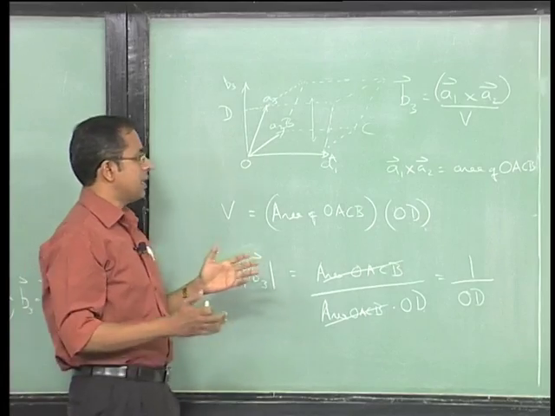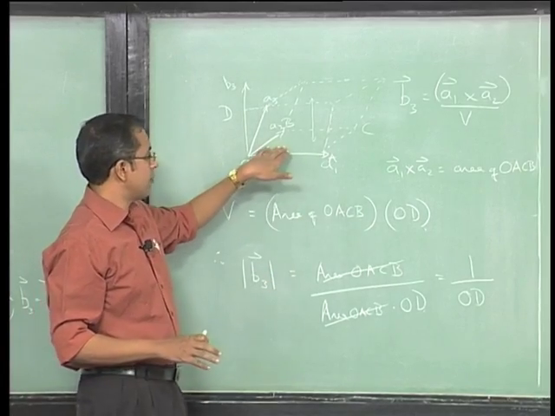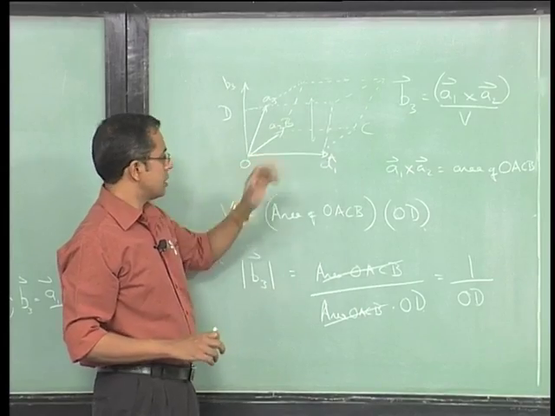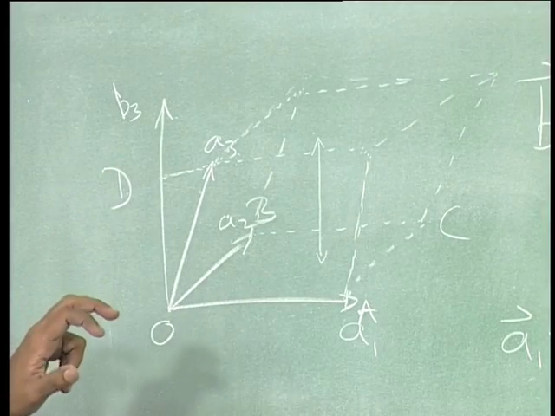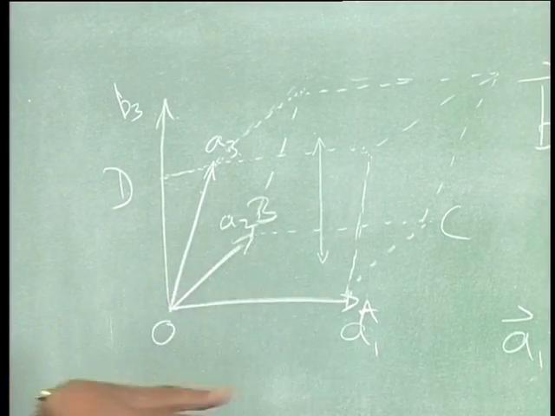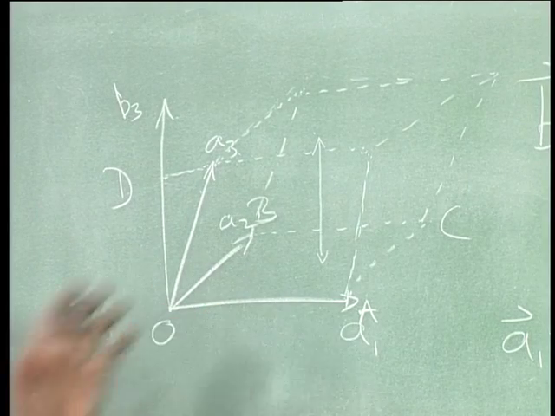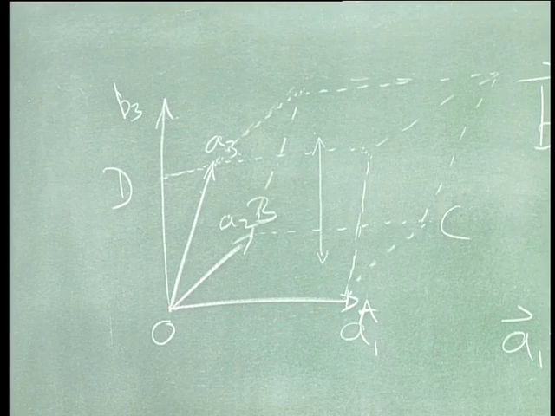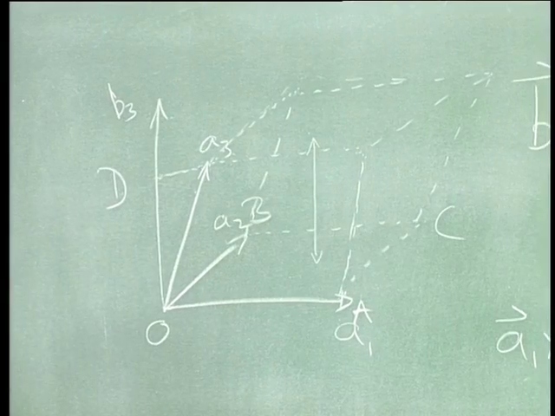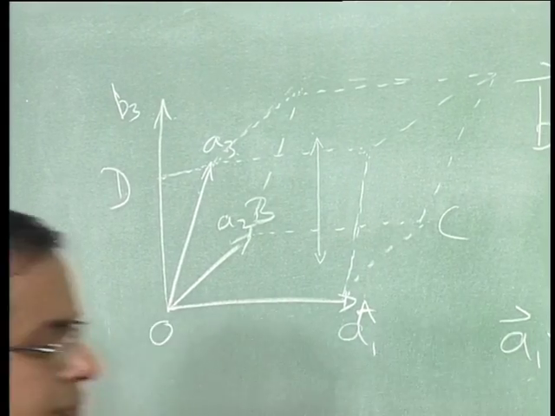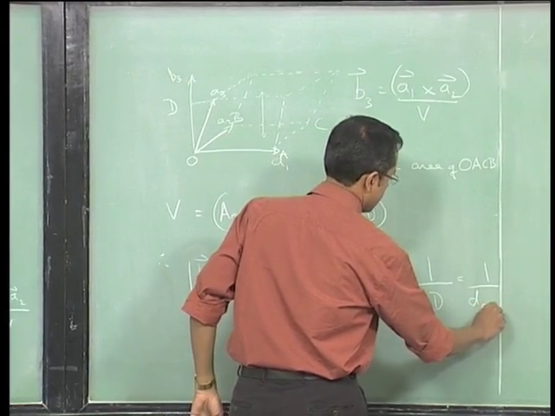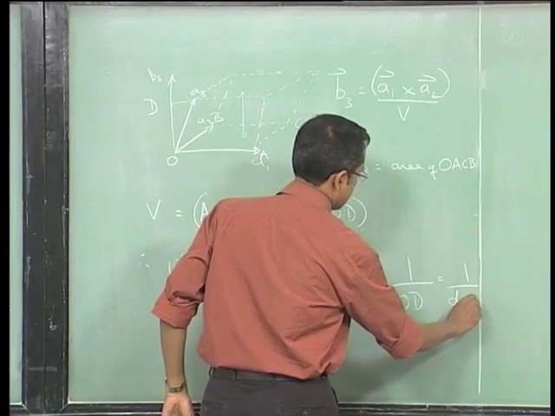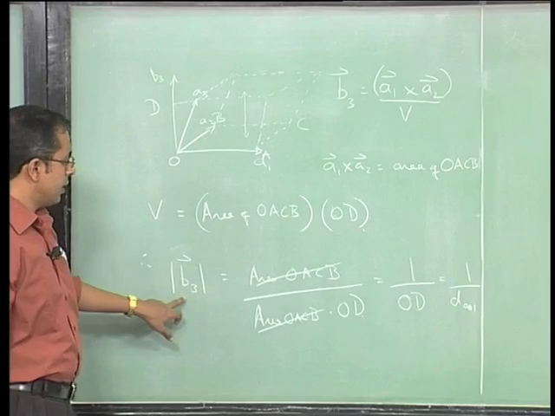If you go back to your elementary crystallography, the 1 0 0 planes are defined this way, and then the 0 0 1 planes, D001, this is perpendicular to the A3 axis, okay. So D001, if you want to call it 0 0 1, it is the spacing between 0 0 1 planes. So spacing between 0 0 1 planes is what we have now looked at. So OD is the spacing between 0 0 1 planes, so D001, okay. So B3 is therefore the spacing